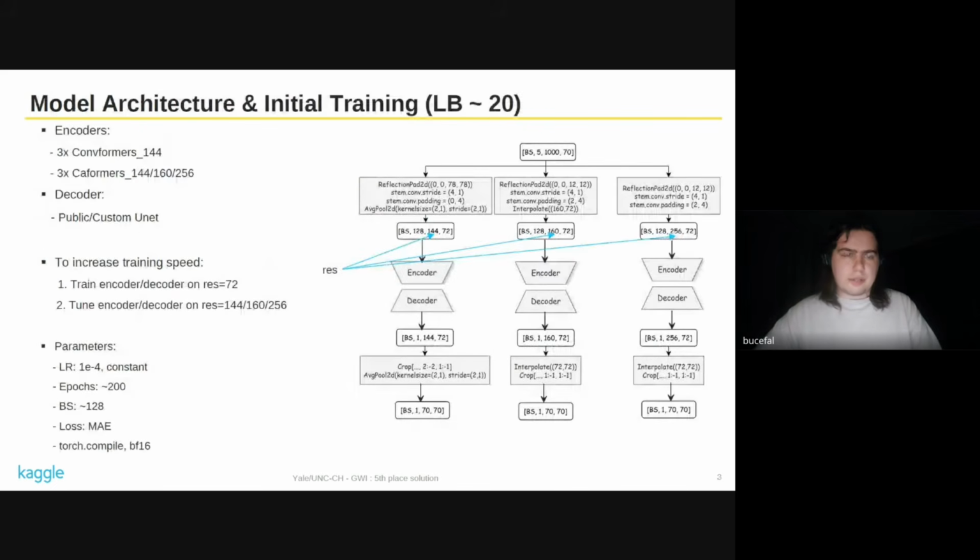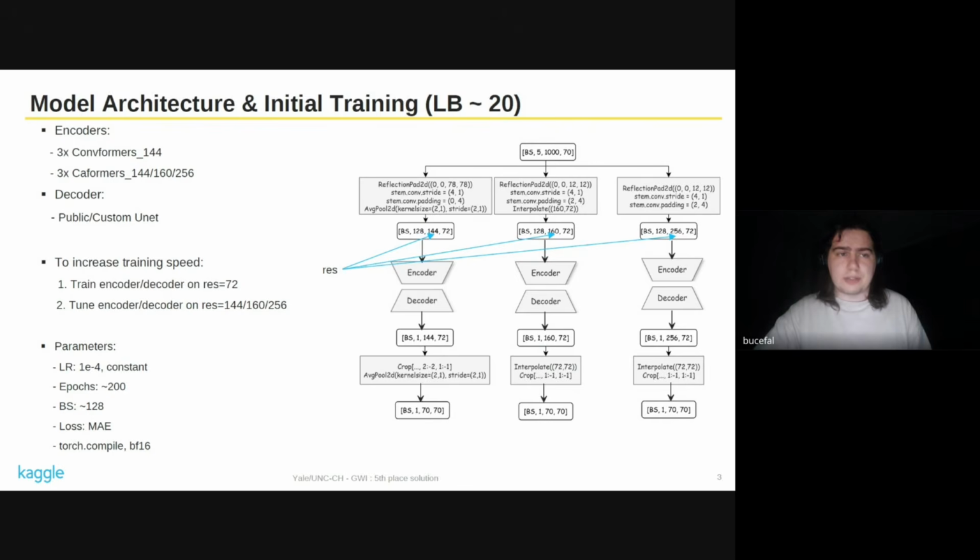So let's start with model architecture. We considered some families of backbones, and it turns out that conformers worked the best for us, and we tried to experiment with some versions within the family.